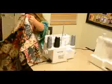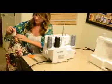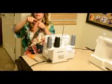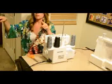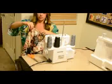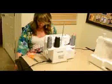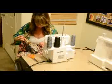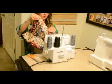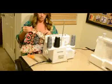The first thing is to decide how you want the back to look. The kimono I have on now is curved at the end, basically from the front of the side seam to the front of the other side seam. It's just got a curve all the way around. And the way you achieve that is matching up the side seams together, matching up the front seams on the side,